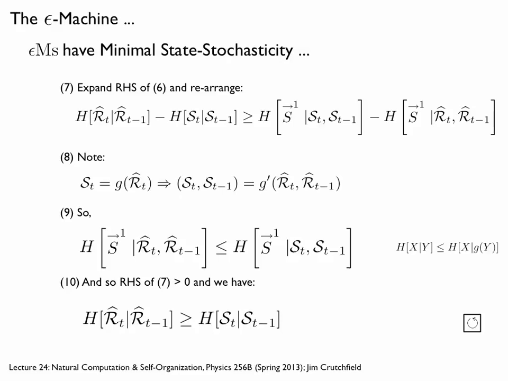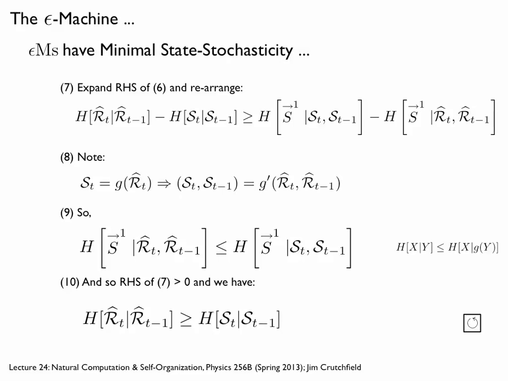So, right, that means, again, it's like the data processing inequality. I'm trying to compare these two terms here. The uncertainty in the next symbol, given this compound knowledge of the previous state and current state, that's actually a function of, I should say, the causal state, previous state and next state. Which causal states there are, that's a function of this. And therefore, it increases the uncertainty in the next symbol.